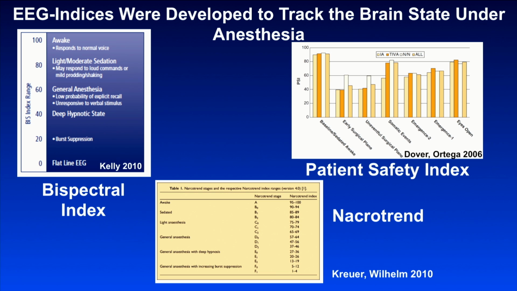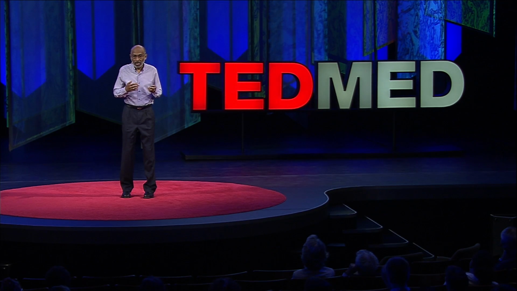Using the ideas of the systematic changes that occur on the electroencephalogram when patients are anesthetized, in the 1990s, many companies came up with indices. These are monitors which actually read the EEG in real time and produce a number. And if you look at those, all of those indices are between 0 and 100. They give you a range which says if you keep the index between these two values, then the patient is adequately anesthetized. And interestingly enough, it was supposed to apply across all drugs and across all types and age groups